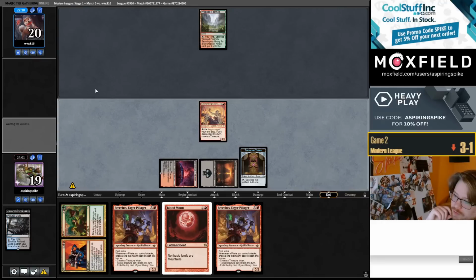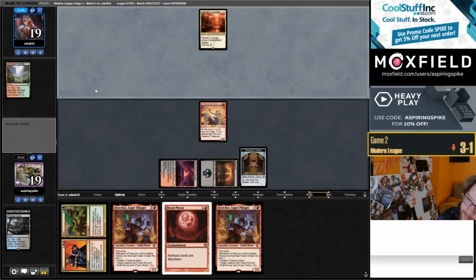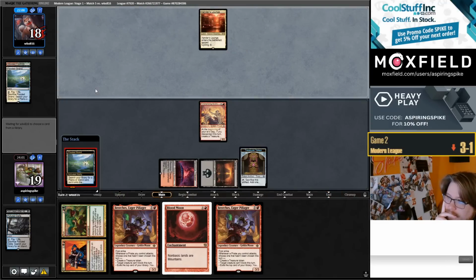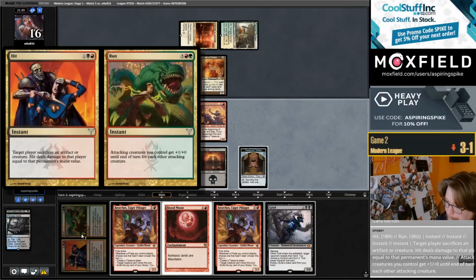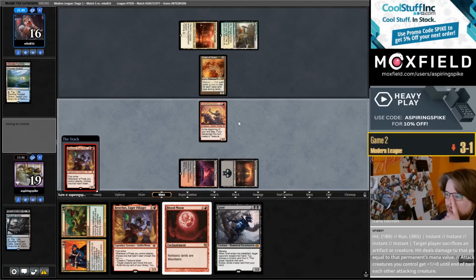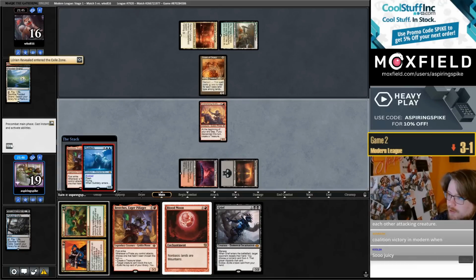Get our treasure, which, you know, bare minimum lets us cast our 3-drop next turn. Is that 3-drop going to be Blood Moon? Probably should be. Although we can just Hit Run the Scion, deal them 12 plus 2. I guess what I'll actually do is go Breeches, get in for 2 this turn. And then